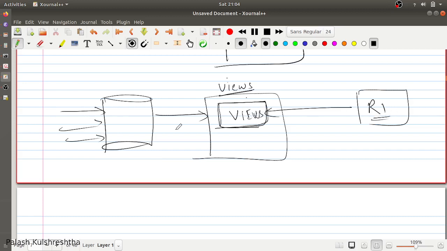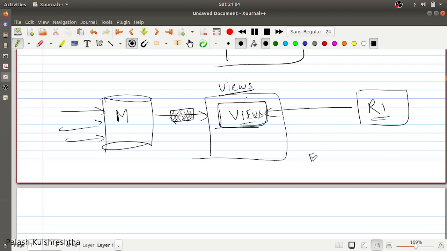we have to understand that there is going to be eventual consistency. There are always going to be some updates which have been applied in the main database but are still missing from the views. Maybe they are in the pipeline or in the buffer that is present between views and main database. So you should design your application keeping this in mind, that there is going to be eventual consistency.